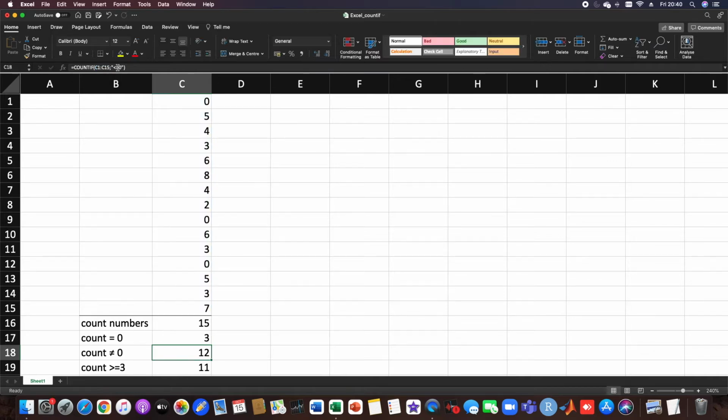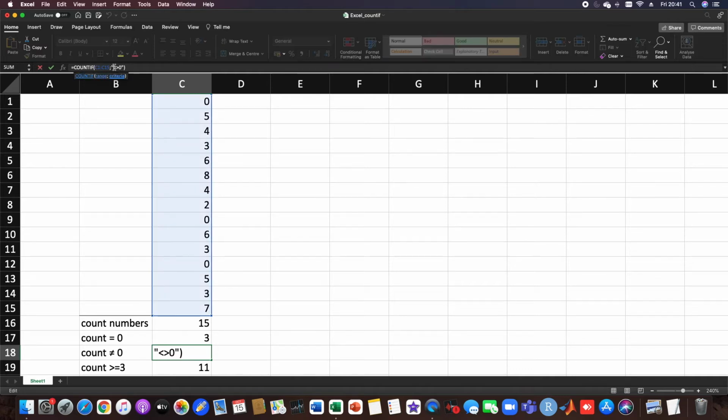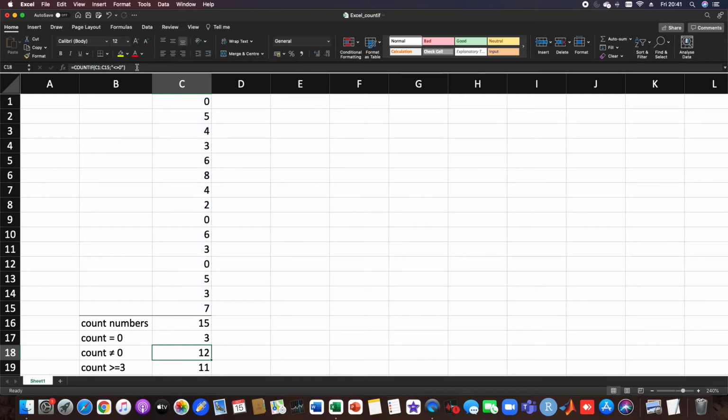To count the numbers which are unequal to 0, you need to specify the criteria within quotation marks as smaller, bigger, 0. So you count all the numbers which are smaller or bigger but unequal to 0. And this gives 12. And when you now want to count the numbers which are bigger or equal to 3,